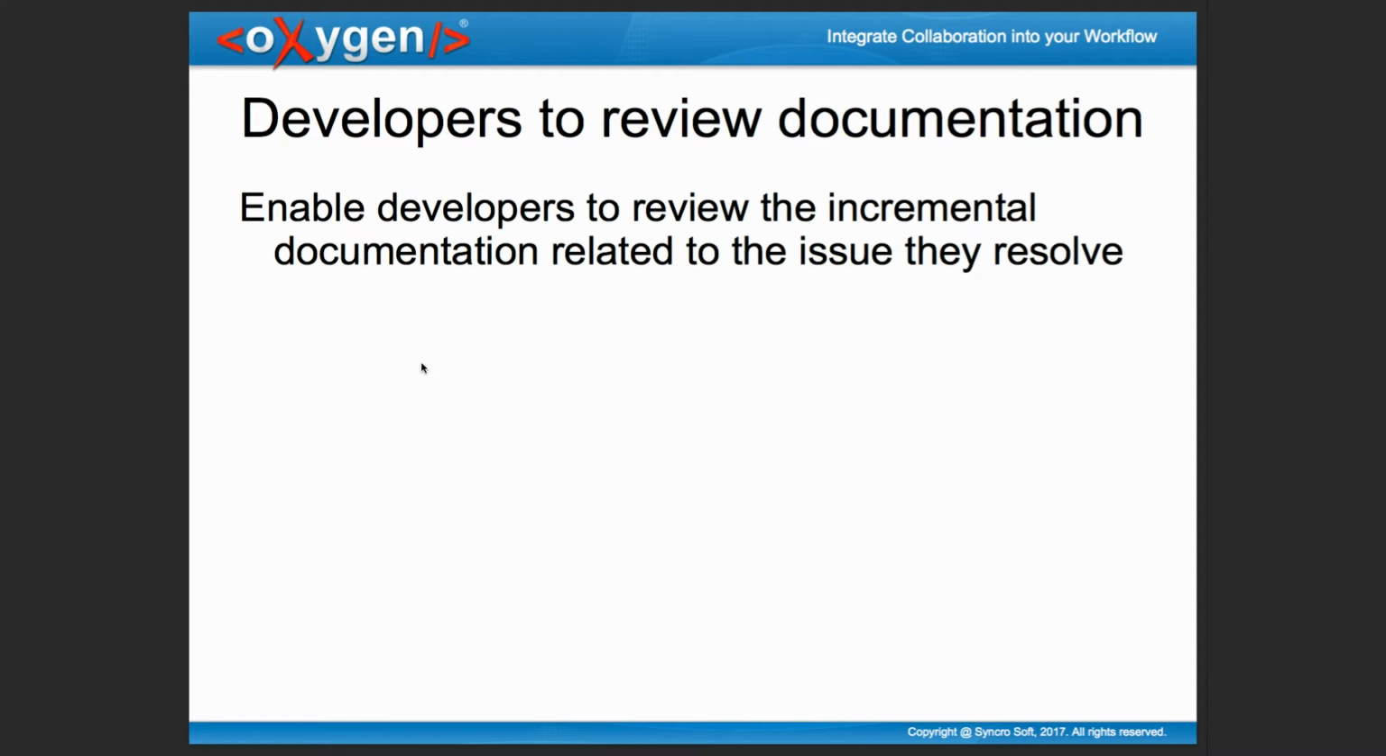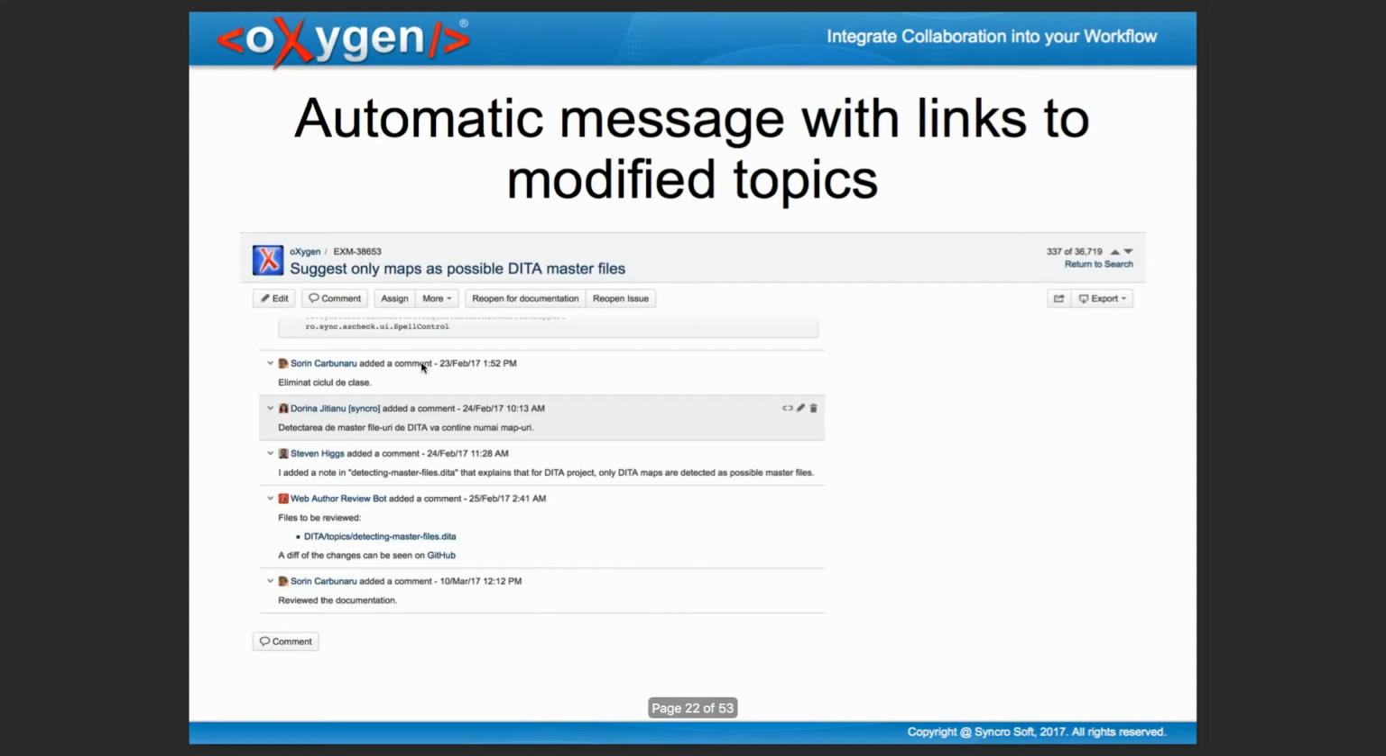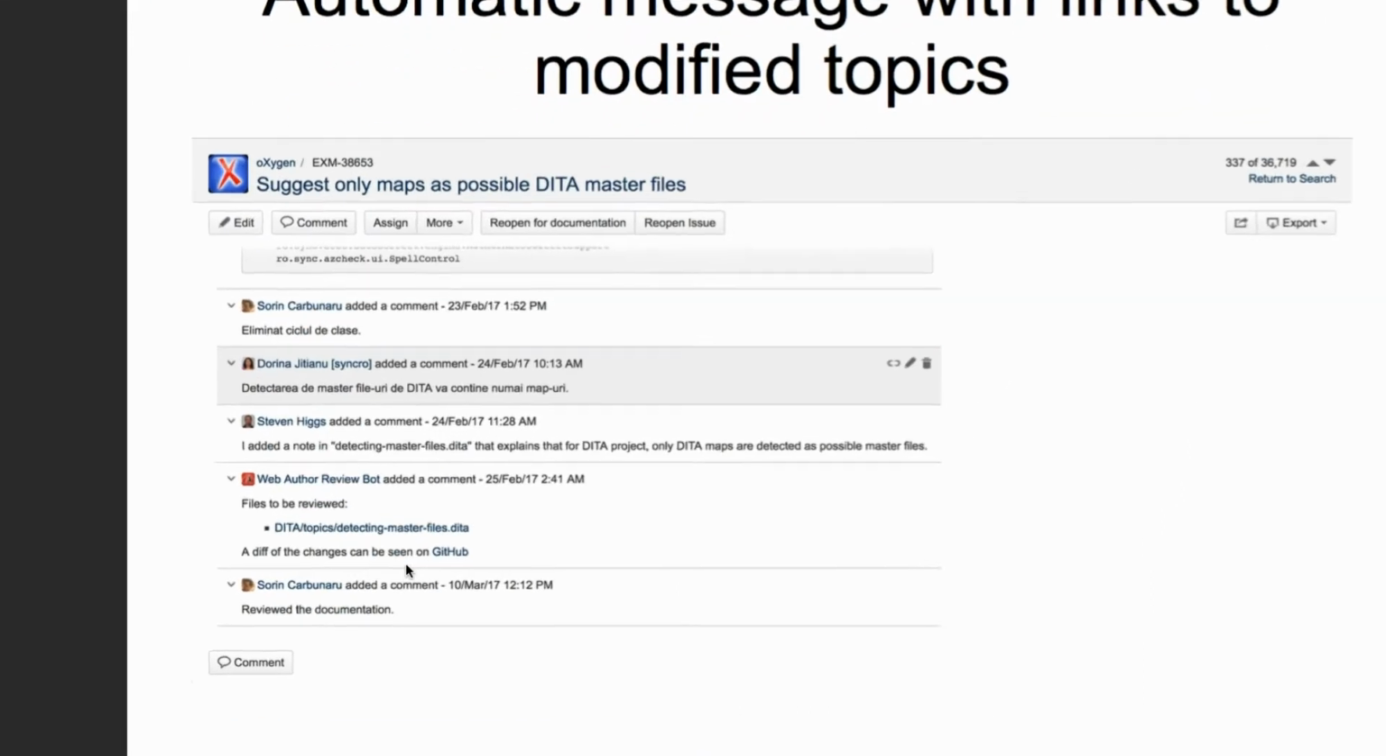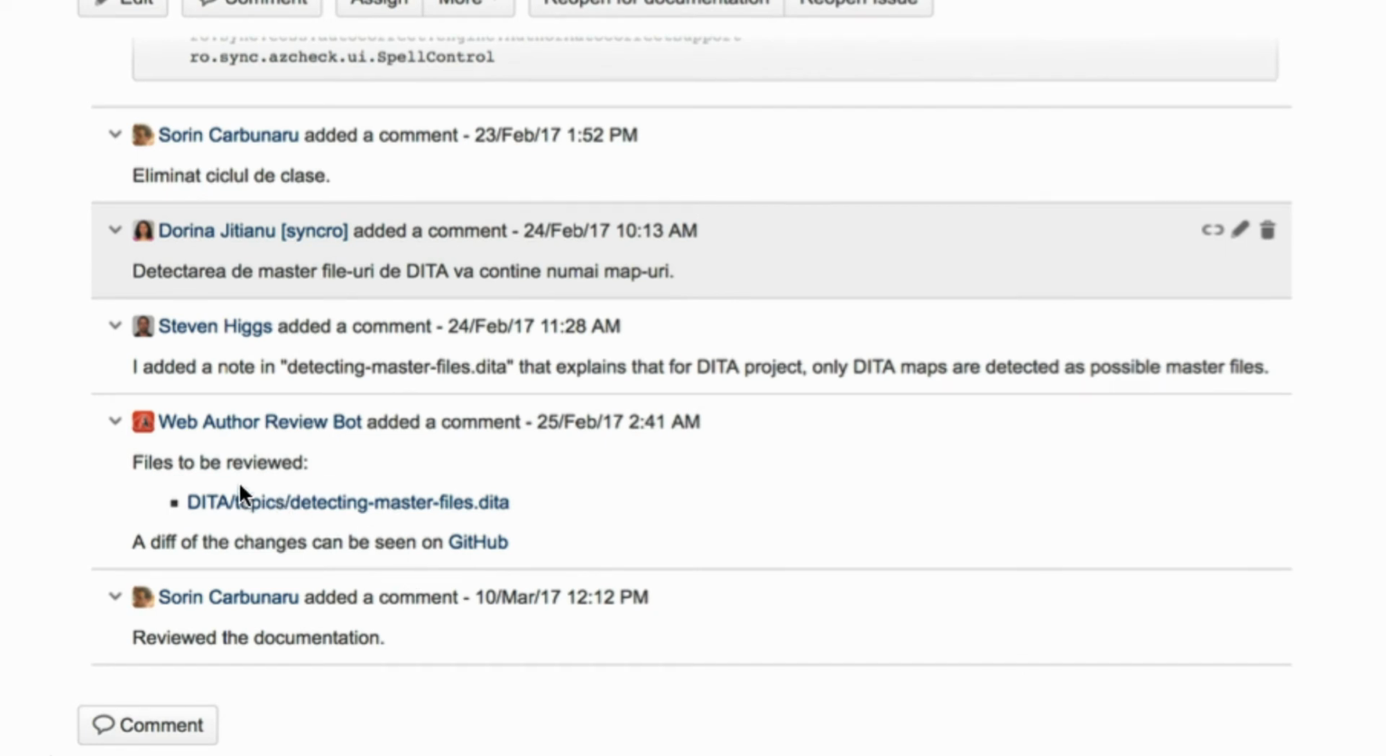And we inject a message in Jira automatically with a script that provides links to those topics with a web author to edit those topics. So what the developer sees is the web author review bot, a script that Christy created. It's one page that checks commits on GitHub, where we have our documentation repository, and creates this message that